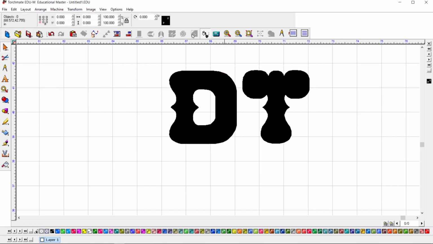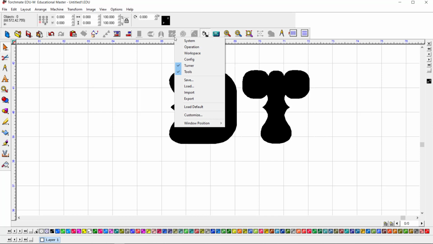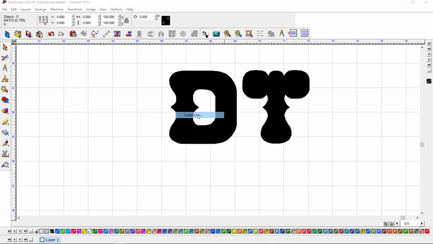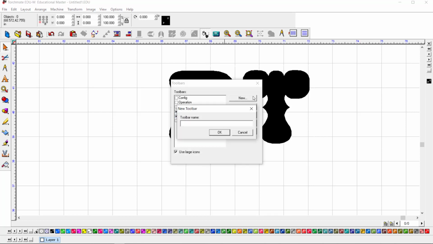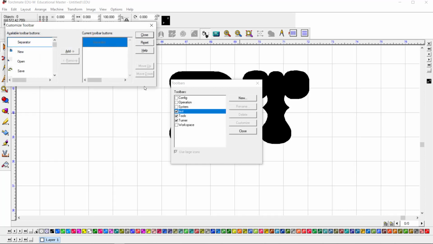So if I come up here to anywhere on the toolbox and I right click, now don't do that on these school computers. This is what you do on your home computers: you hit the word customize. Now I did my custom one, I just called it Turner. I call it school, I call it anything. So I go to customize and I hit new, and let's just call this test. And now this comes up with a list. So if I come down here, it says separator. I don't want separator. Let's go new. I just hit add,